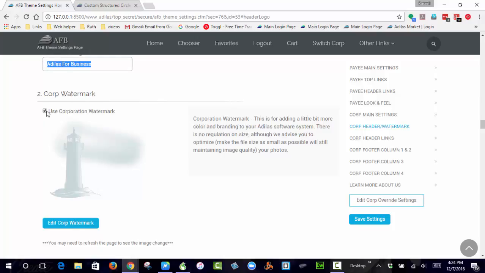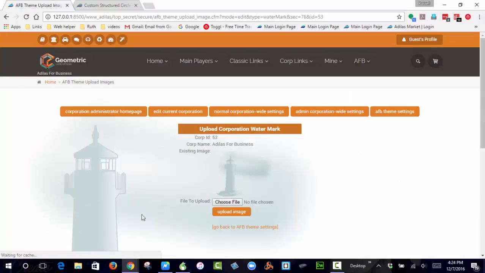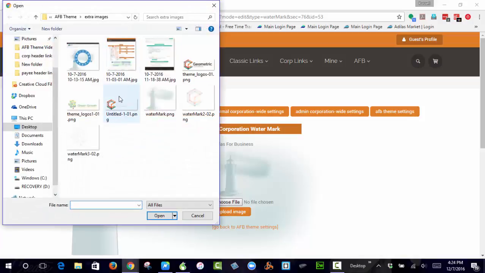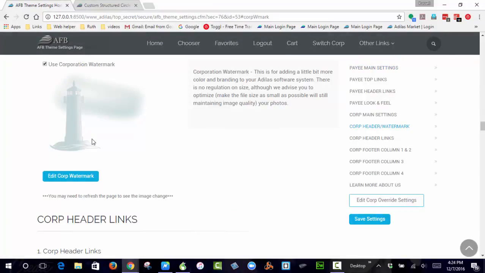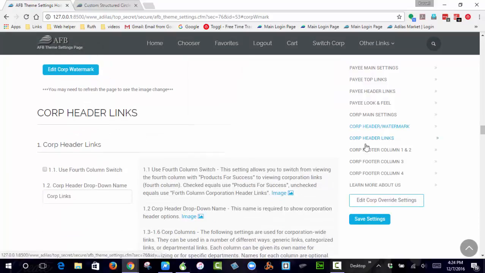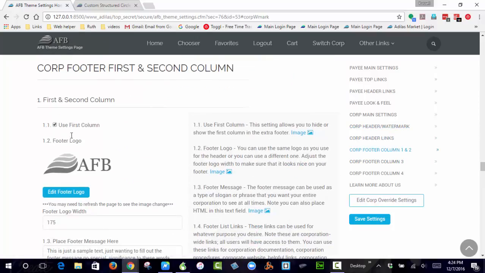I don't even remember what it was called, so we're just going to leave that part. You can change that though. That's not hard. We're going to upload an image. Oh, I gotta first pick it, huh? Okay, we've got a new watermark that we've created. And so press Control F5 again. And there we go. Now we're going to come down to our first column so we can change our footer